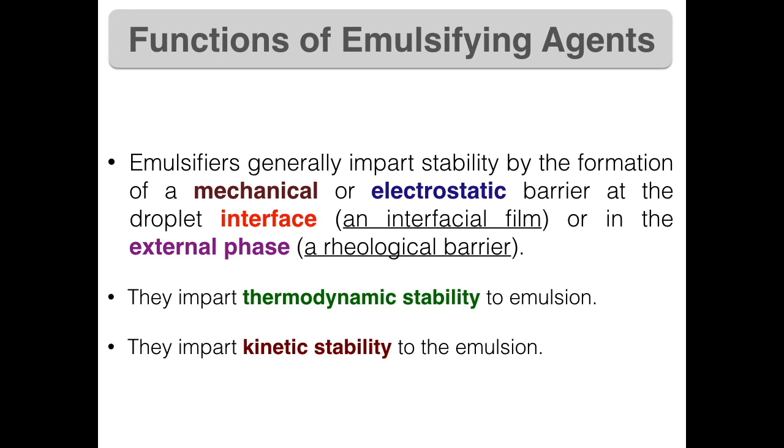Emulsifying agents also impart thermodynamic stability to the emulsion, as surfactant emulsifiers lower the interfacial tension between the oil and water. This facilitates the formation of droplets during emulsification and reduces the thermodynamic tendency for coalescence. Emulsifiers also impart kinetic stability to the emulsion. What does it mean? As the emulsifier increases the viscosity of the emulsion, they restrict the motion of globules and maintain the dispersion state of the emulsion for an extended period of time after the cessation of agitation. That's why they increase the kinetic stability of the emulsion.